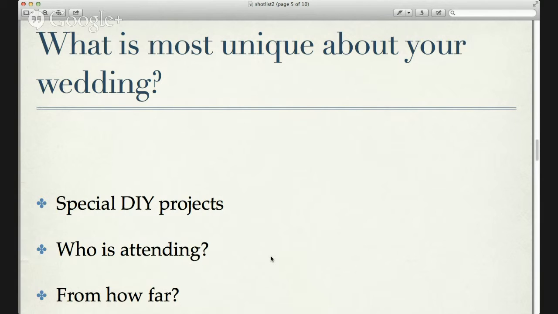The next really unique thing about your wedding, and it truly is unique about every wedding, is the guest list. So who's attending? For our wedding, it was the last family event for both of our grandmothers. So we didn't know it at the time that it was going to be, but we did make sure we got photos of them. We didn't actually have video, but